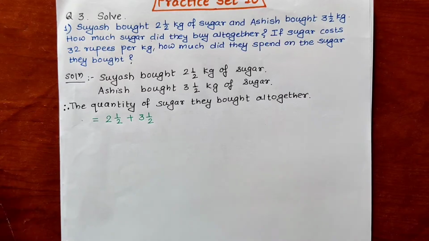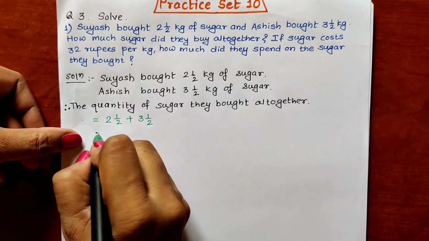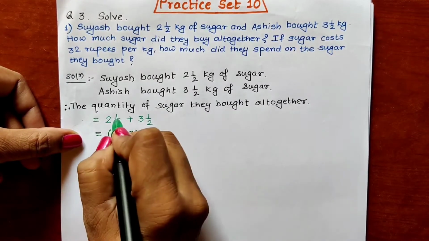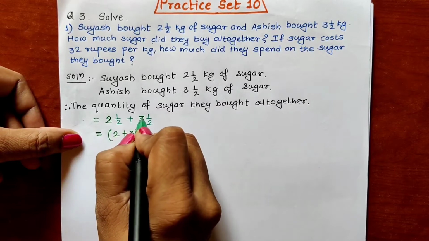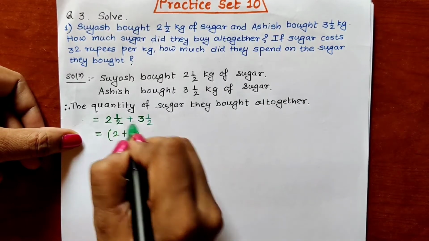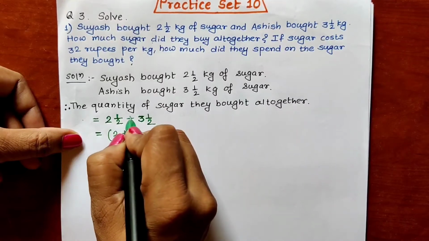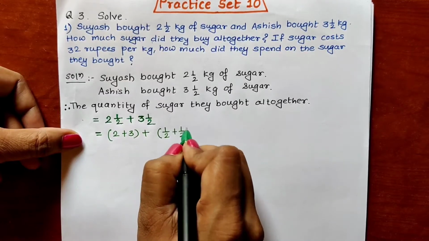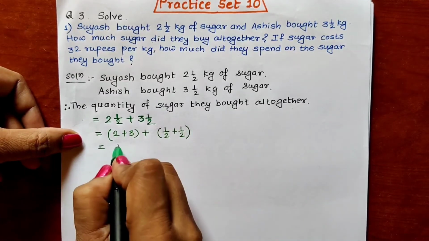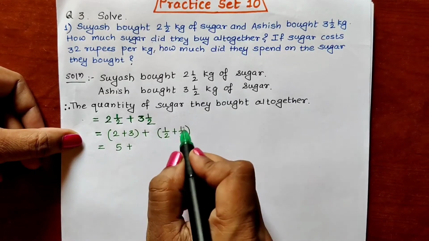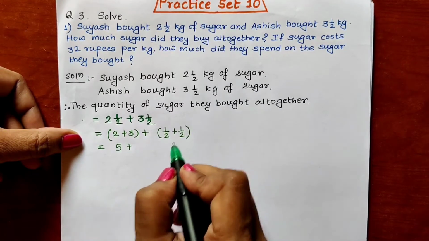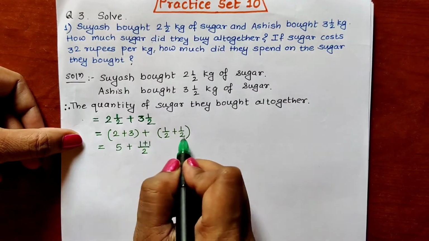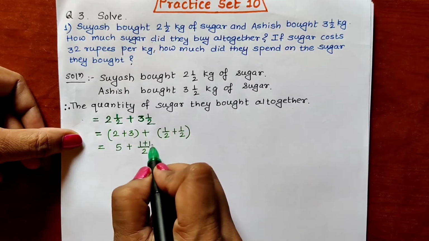By first method, what we will have to do here, we will be adding the integers first. 2 plus 3, these two integers. 2 and 3 are the integers, 1 upon 2 and 1 upon 2 are the fractions, and then we will be adding the fractions in the second bracket. Now 2 plus 3, we all know it is 5, plus 1 upon 2, 1 upon 2. What will be the answer? 2 is the common denominator, and in numerator we write 1 plus 1. When common denominator is there, we write it one time and we will add the numerators.